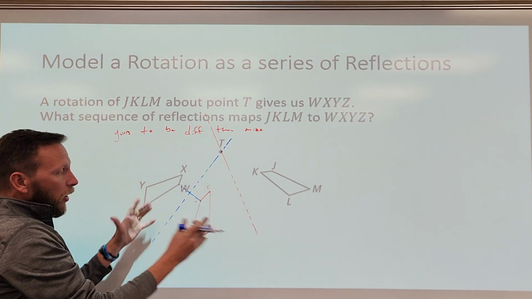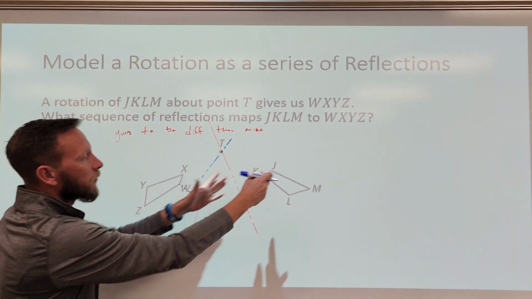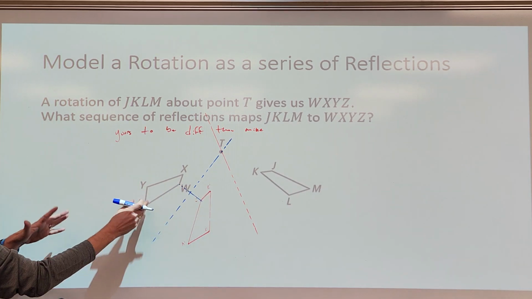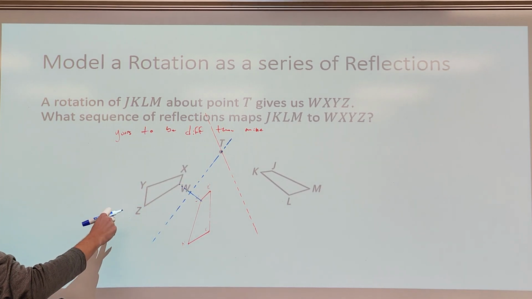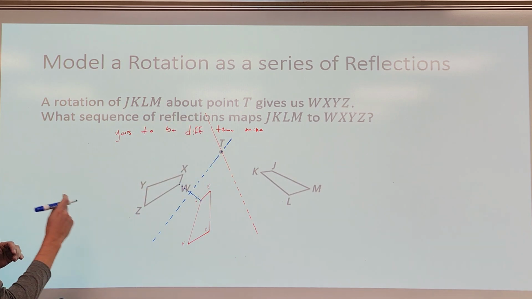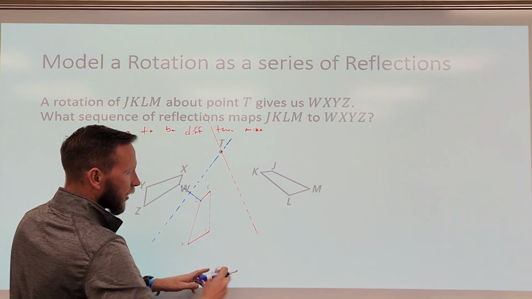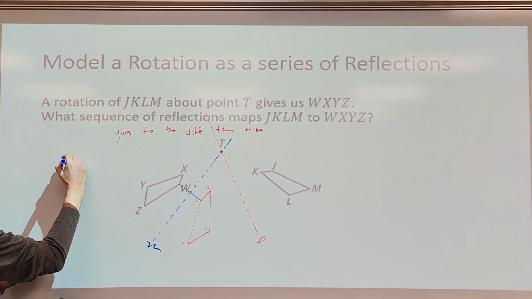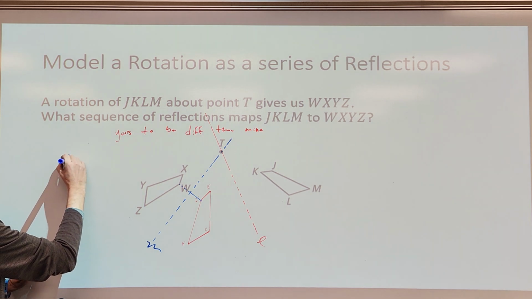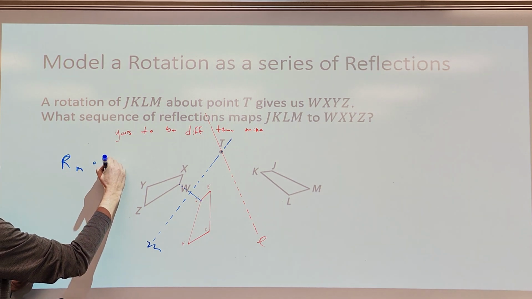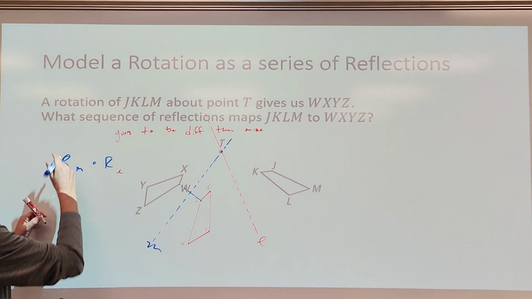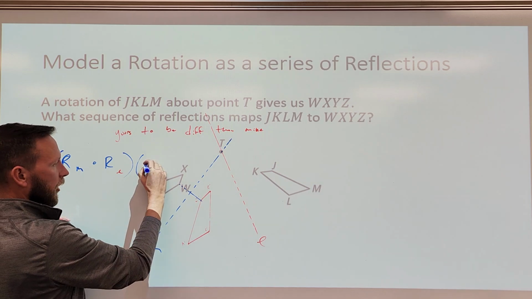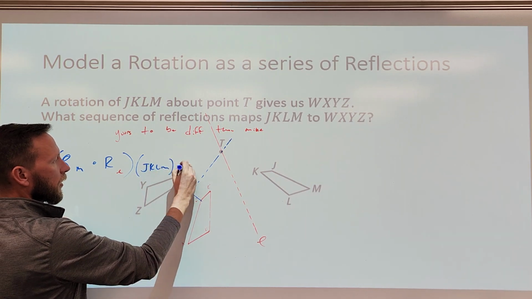Now for you, you might want to draw this a little bit differently, but you can see that if I reflect this over the red line and then reflect this over the blue line, then I'm going to end up at the same rotation as I would moving this figure over to that figure. And so this reflection over the red line, I'm going to call this just line L, and I'll call this one line M. How's that? So this is the reflection over line M of the reflection over line L of, not triangle, of this quadrilateral JKLM gives us